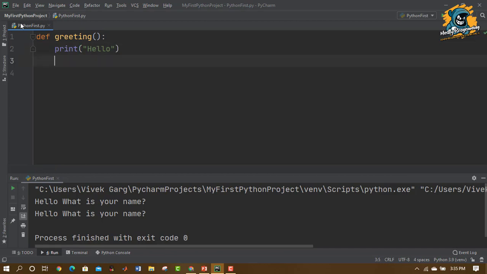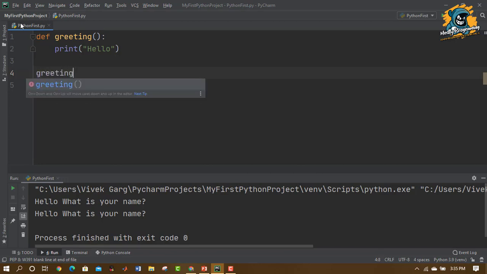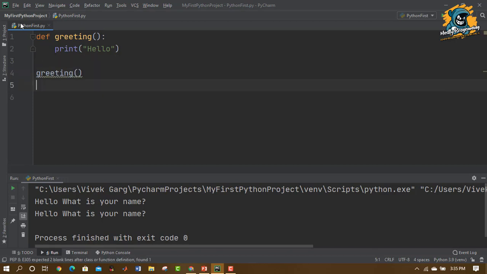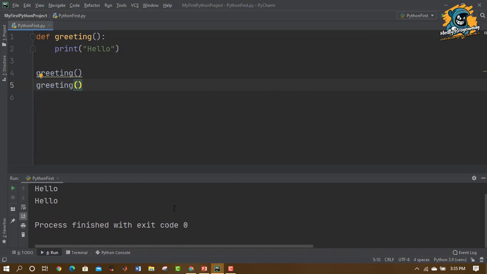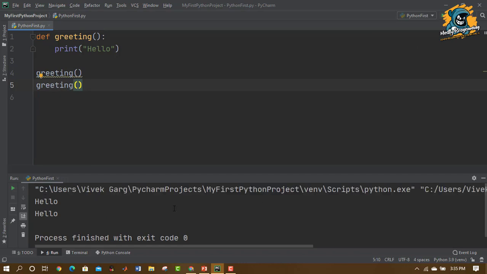Then I am invoking the function, which is just writing the name greeting. Whenever I type the word greeting, I invoke the function greeting, and hello would be printed. Let's run it now. And we can see hello is printed twice because we have invoked the greeting function twice.